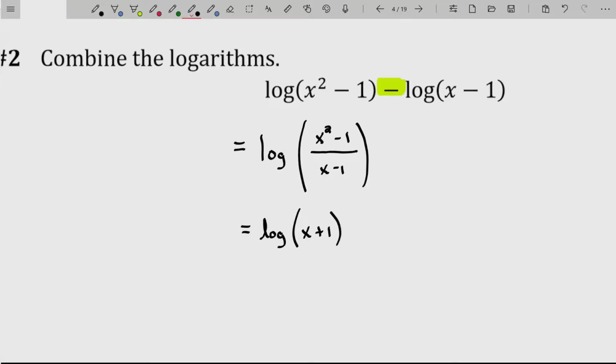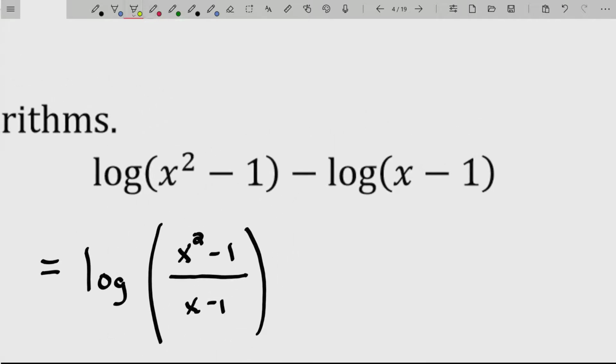Because I removed part of the problem, I removed part of the domain issues. If I take a look at, I'm going to write this in red because it's wrong, but if I take a look at the argument there, you would say, oh, well, x plus 1 has to be positive because, again, the argument of a logarithm must be positive. Or in other words, x has to be greater than negative 1. However, that is only part of the picture. If you go back to the original problem,